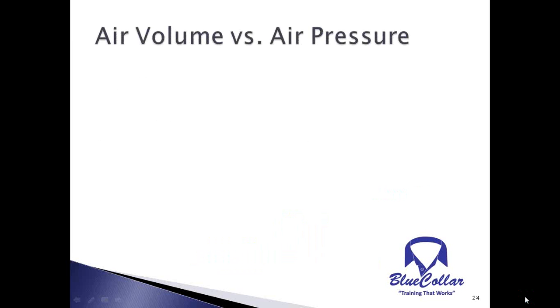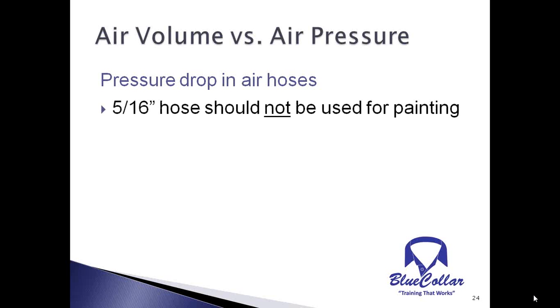So let's talk about air volume versus air pressure. We mentioned a moment ago that the HVLP guns use a higher volume of air. Volume is how much air you're using. Pressure is what state it's in when you're using it. So there is a difference between volume and pressure. Pressure drops in air hoses, so we need large enough air hoses to get the proper volume and the proper pressure. You should not use